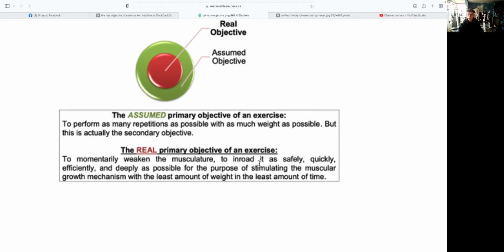Because basically, in order to stimulate an adaptation response, you don't need to do a whole bunch of detours. You can just go straight from point A to point B, and the least amount of weight in the least amount of time. Well, what is that? That means you're being so strict, working so slow, avoiding any kind of momentum, working on proper change of the directions and not locking out at the end so that you're keeping the tension on the muscle the whole time, not allowing muscle fibers to recover at all in between,